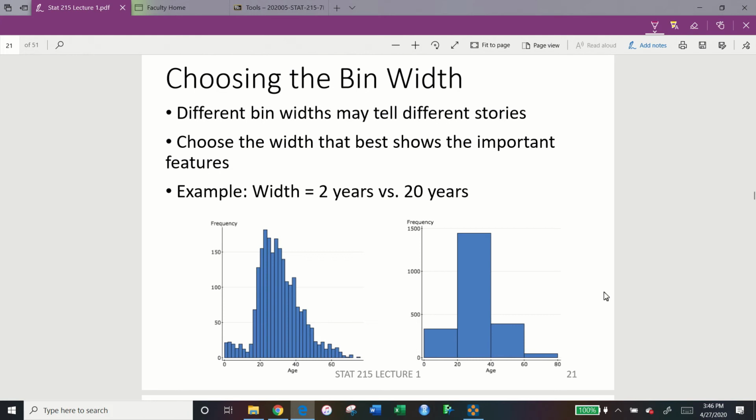Depending on the situation, we might find different graphs more useful. So, meaning if we want more detailed information about the age range, we may find the graph on the left more useful. If we just wanted a simple, hey, what was the greatest age range of people on the Titanic, we might find the graph on the right to be more useful.